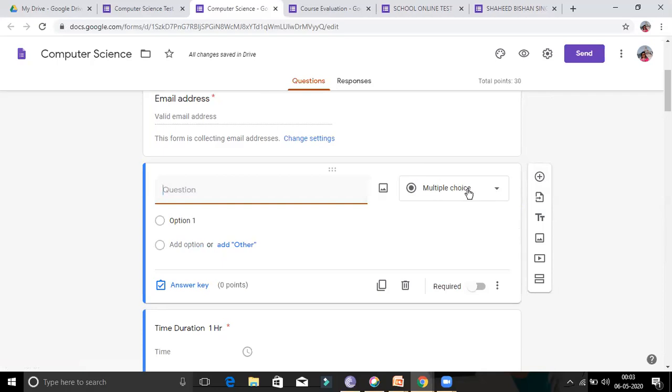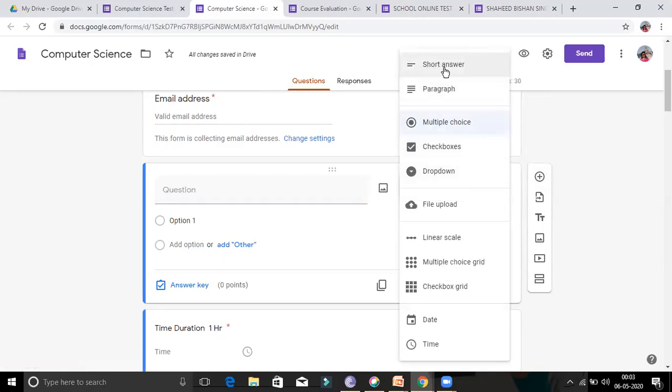By default, multiple choice will appear. Click here. You can make it short answer, paragraph, multiple choice, check boxes, or drop down menu. You can also upload any image, like a picture composition. I'm showing you directly.